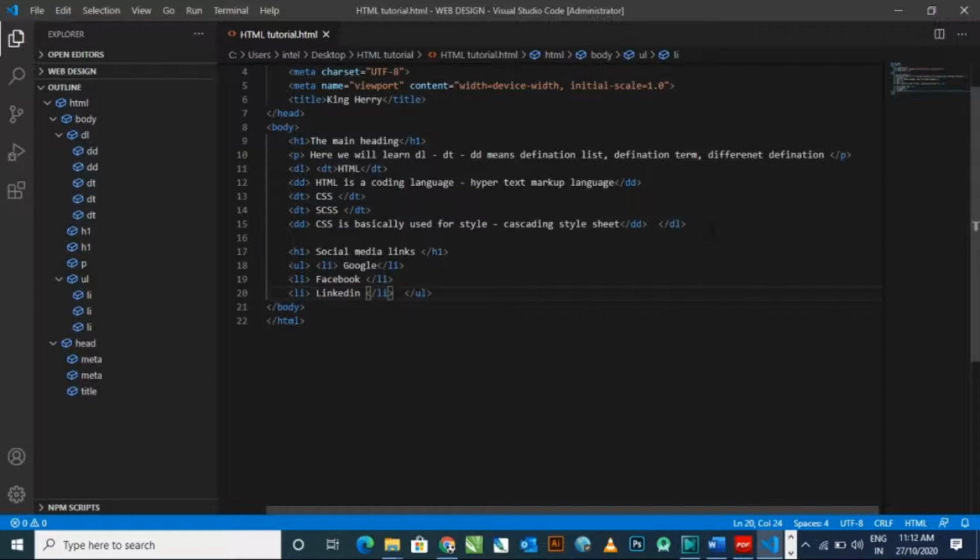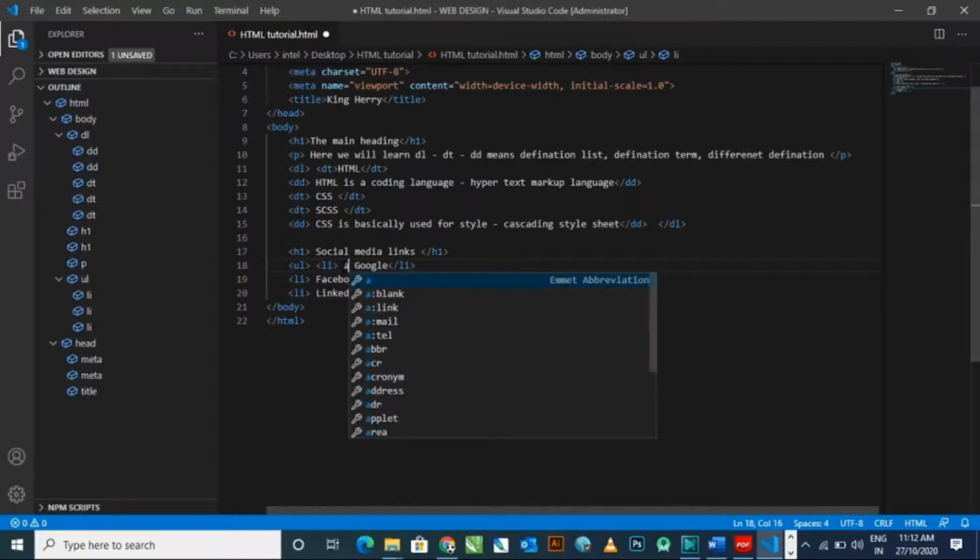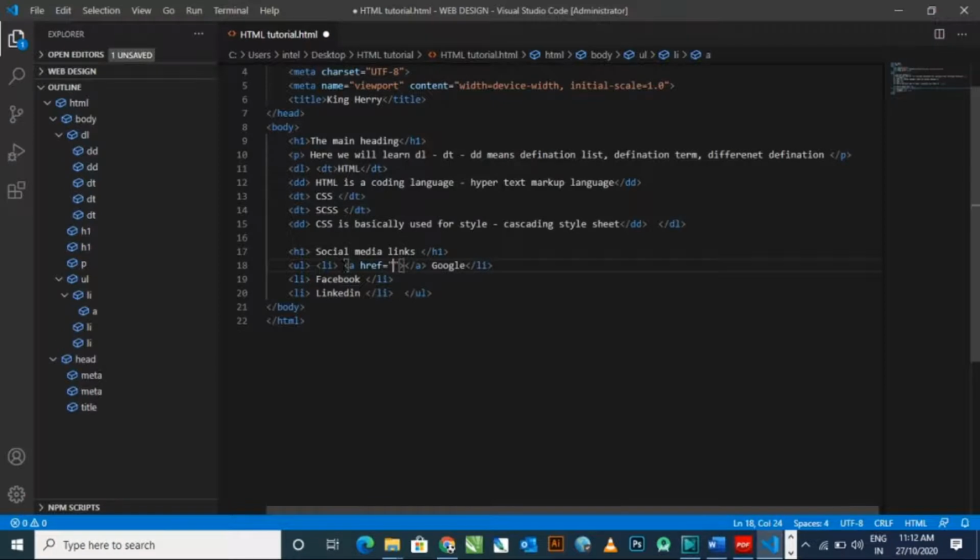So that you can send your visitor to that particular website by clicking on the word Google. I'm showing you here the href attribute you must use, and here I'm typing the wrong format. Just see what I'm doing here.